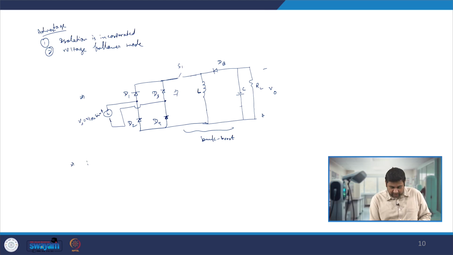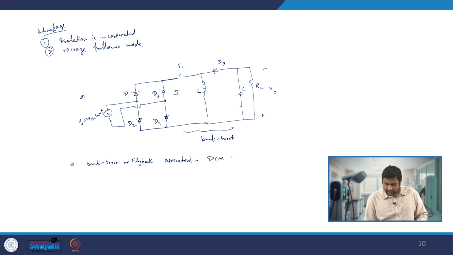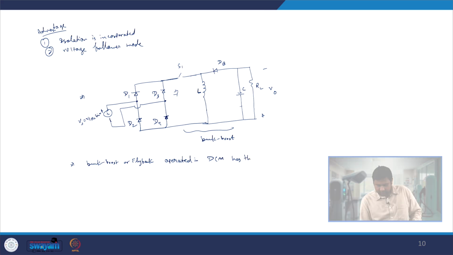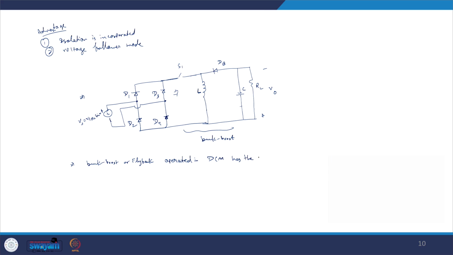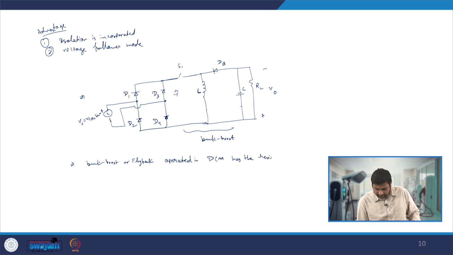So we can say that a buck boost or flyback converter operated in DCM has a resistive effective input impedance,